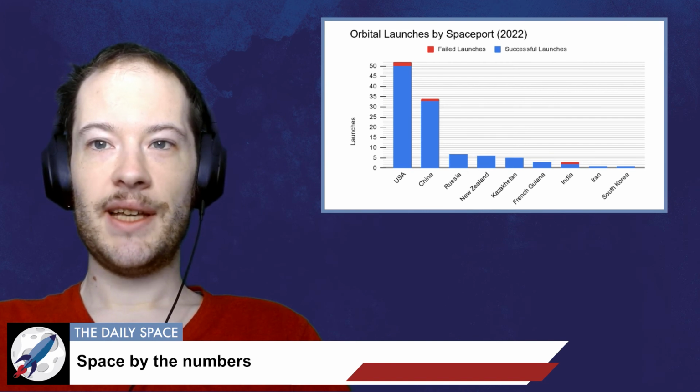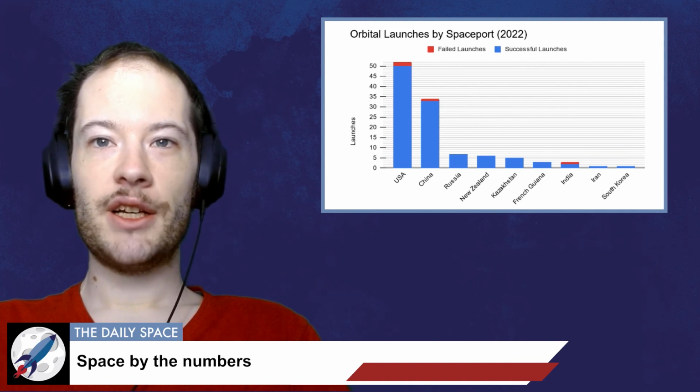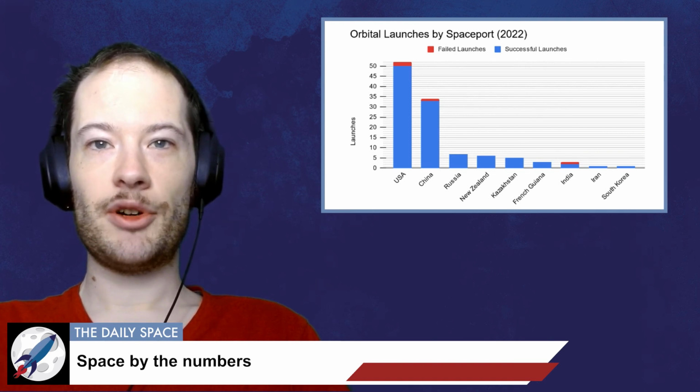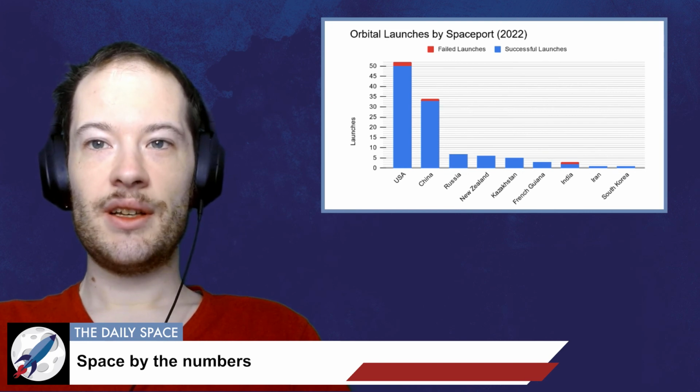The number of toilets in space is 8: 4 on the ISS, 1 on Soyuz MS-21, 1 on Crew Dragon Freedom, 1 on Tianhe, and 1 on Shenzhou 14. We keep track of orbital launches by launch site, also called spaceport. Here's that breakdown. USA 52, China 34, Russia 7, New Zealand 6, Kazakhstan 5, French Guiana 3, India 3, Iran 1, South Korea 1. From those 112 launches, a total of 1,736 spacecraft have been put into orbit in 2022,